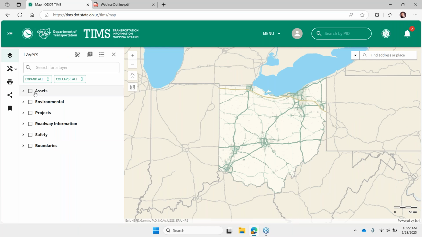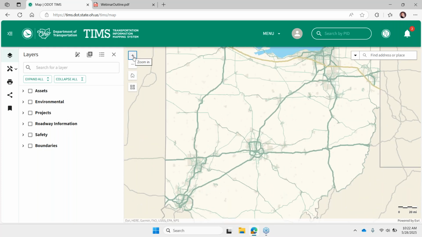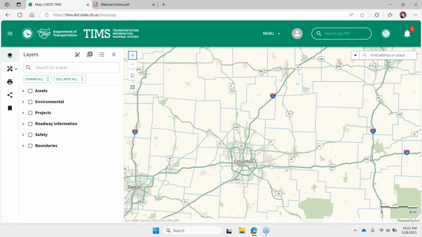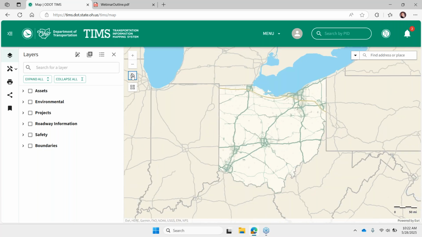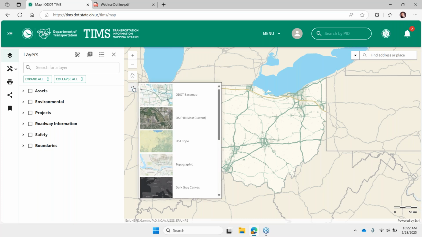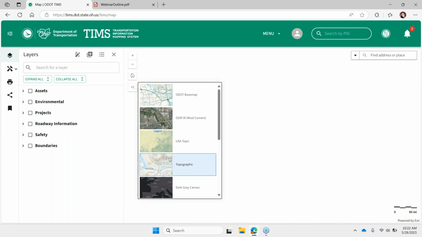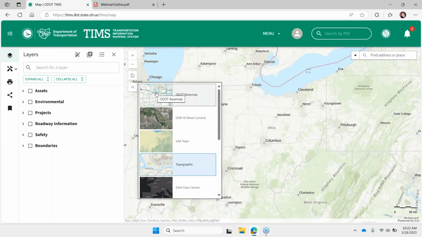We'll step through all the options for navigating the layers and how you can find the data you're looking for in just a minute. But interacting with this map pane first, we've got some basic tools for zooming in, and always getting back to that full extent of Ohio with your home button. You can change the base map by selecting something from the gallery. I think by default, it's always going to open with this ODOT base map.